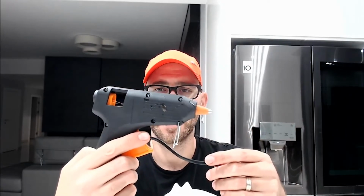Of course, we're gonna use a hot glue gun to stick the wood to the container. And by the way, the Arduino board comes with its USB data cable that you need to program the thing. And finally, and this is very important, after thinking about it, we're gonna need